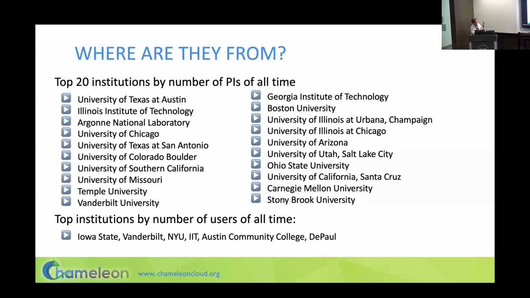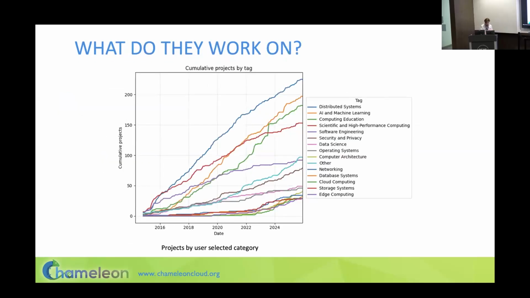And for PIs for all time, you still see the operating institutions on top. So UT Austin, University of Chicago, Argonne National Lab in the top 5, because they had a head start, with the users from those institutions, the word spreading there first. But you see also many other institutions, University of Colorado Boulder in the top 10, certainly, and many other institutions across the nation in the top 20.